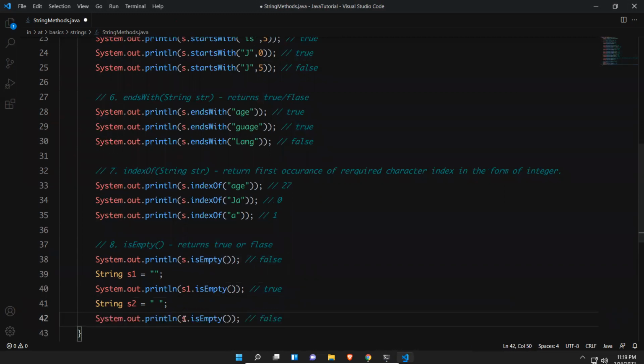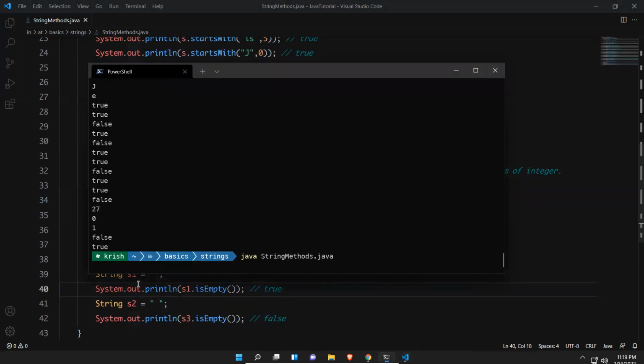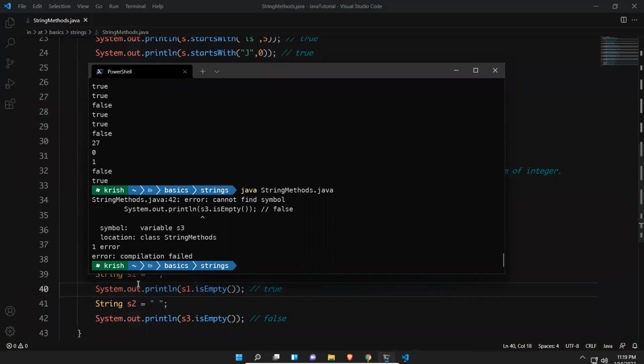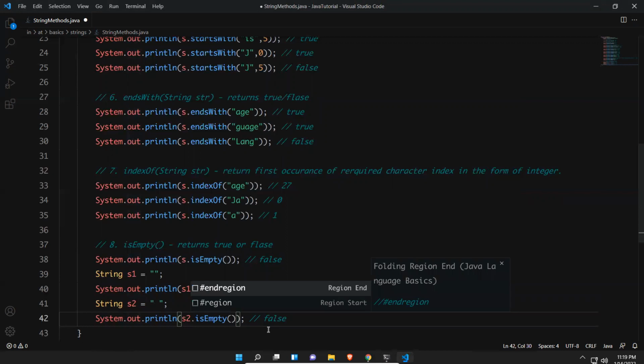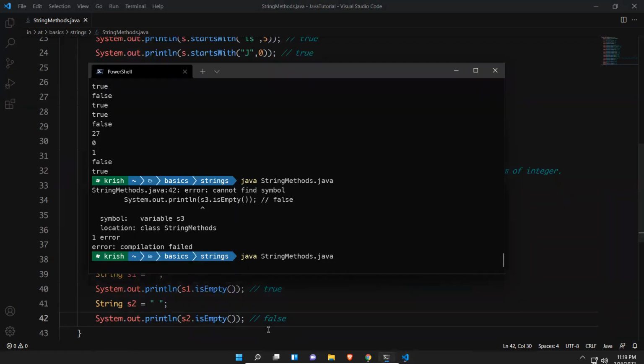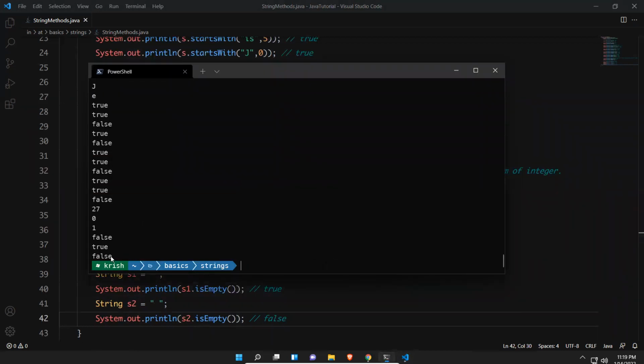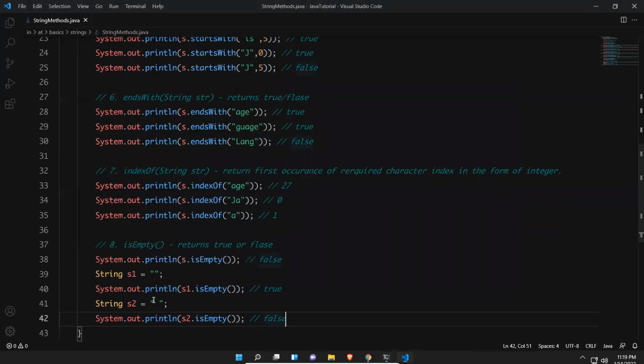It has one character, that is an empty space. So obviously you will get false. What happened? This is s2, not s3. So the last value will be false. This is also not empty. There is something in the string, that is called empty space.